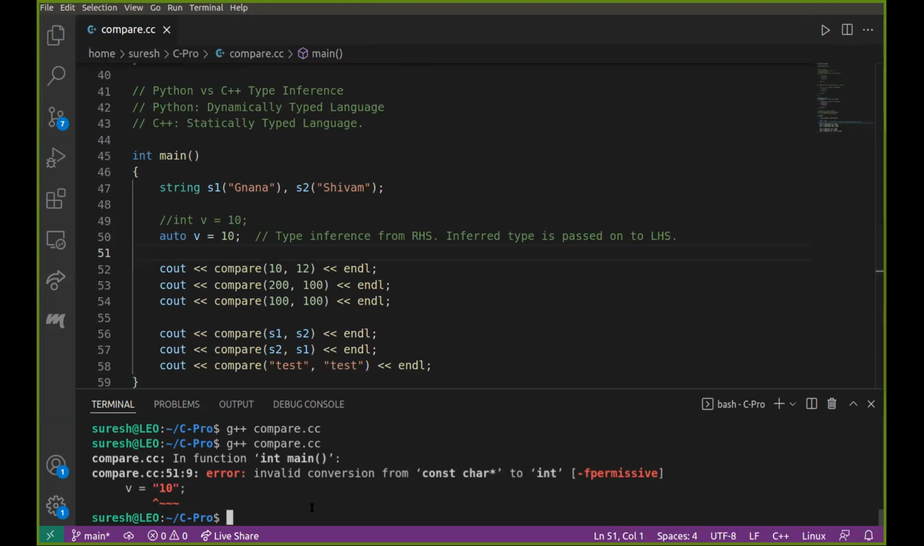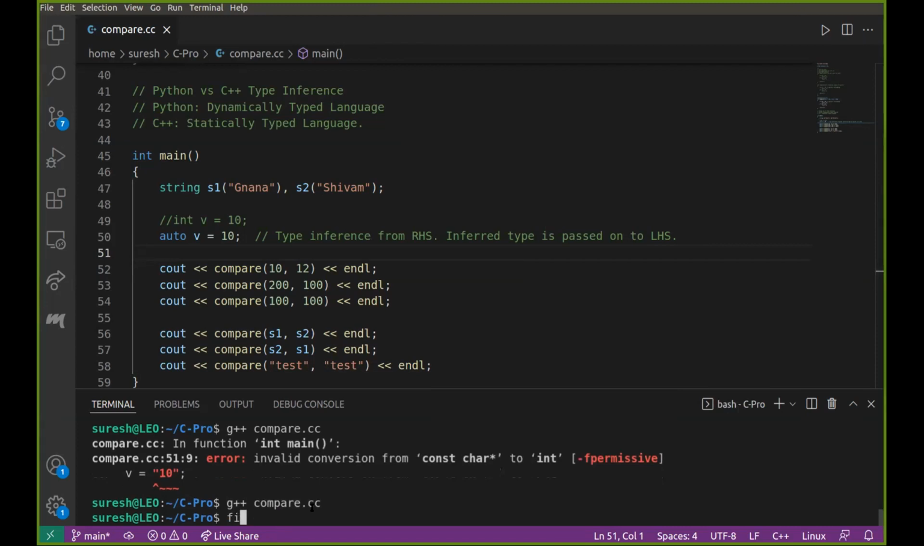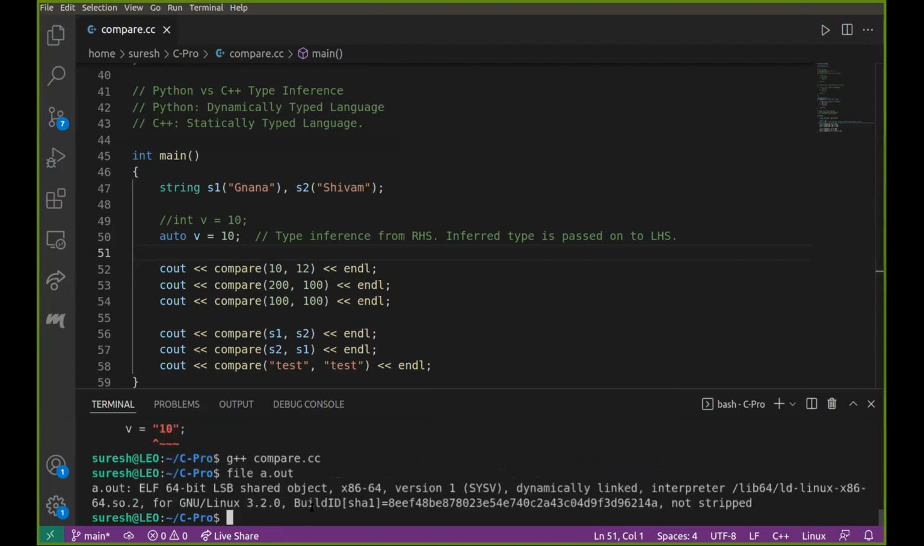So in Python, there is no machine code that gets generated. There is no machine code. So here in G++ compare.c, if you do file a.out, it's an executable file. And so what happens is